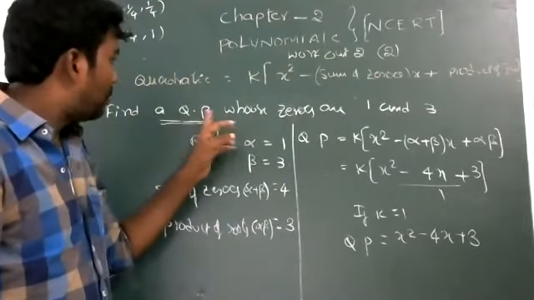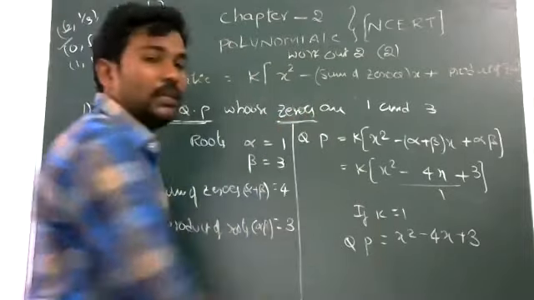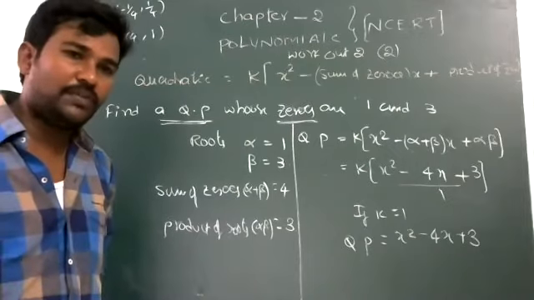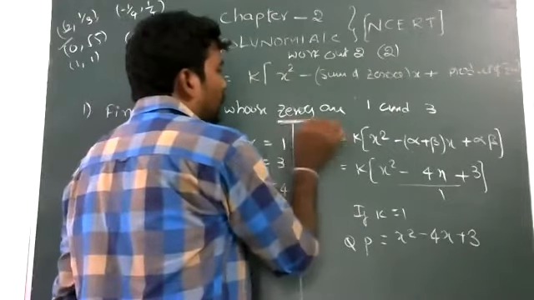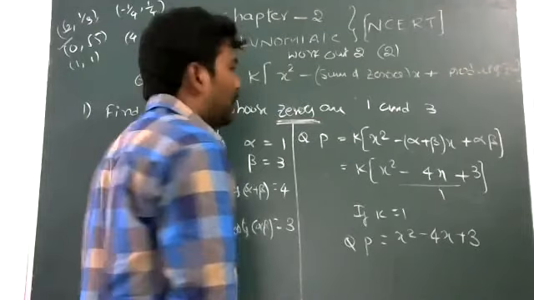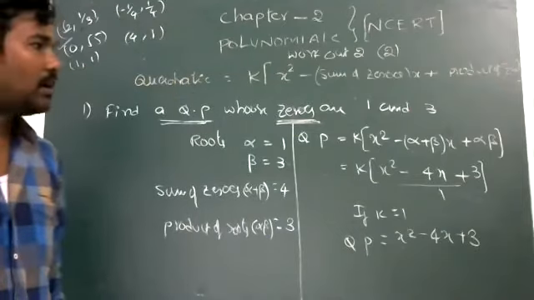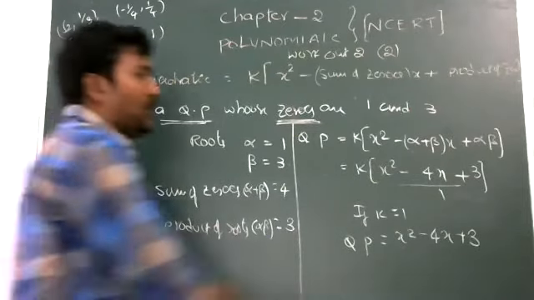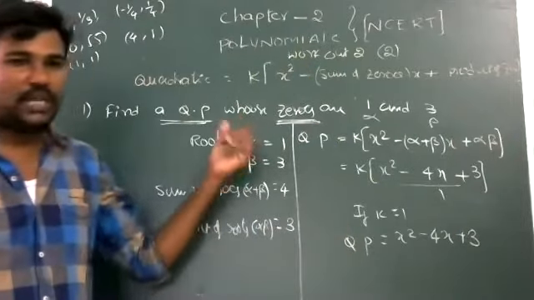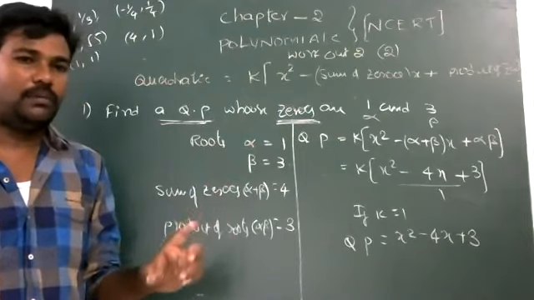Find the quadratic polynomial whose zeros are. Here they particularly mention zeros. What is our assumption? Alpha and beta are the zeros of the quadratic polynomial. So these two are the zeros of the quadratic polynomial. Then 1 and 3 are the roots of the quadratic polynomial. That means you can assume this one is alpha and this one is beta. These two are confusing between the previous problem and this one, but based on reading and analyzing the problem, it is clear.